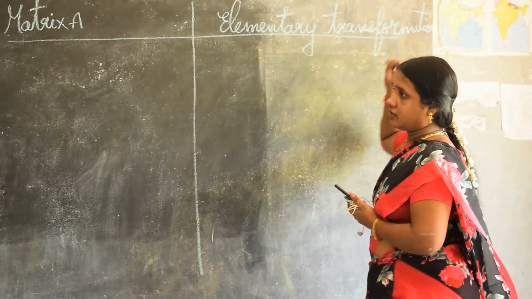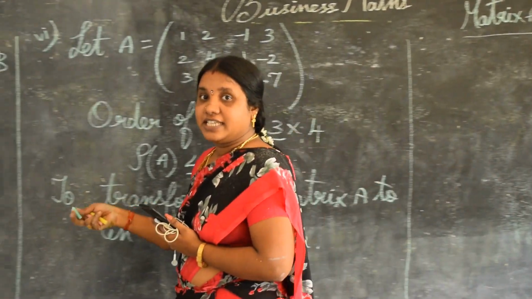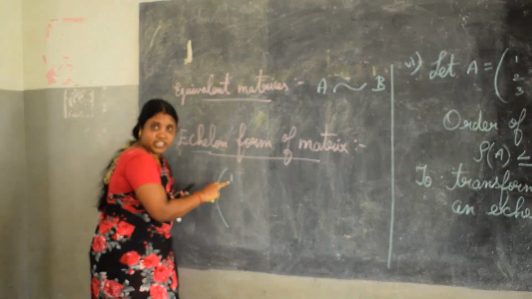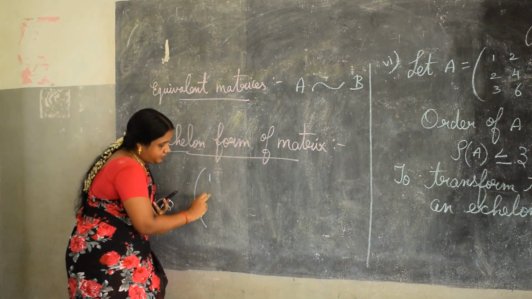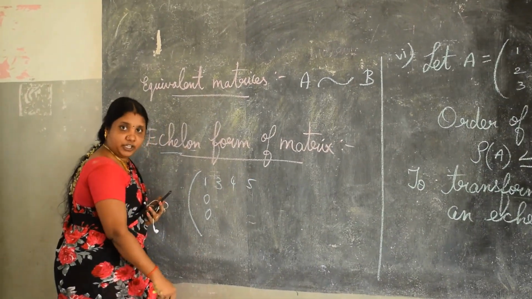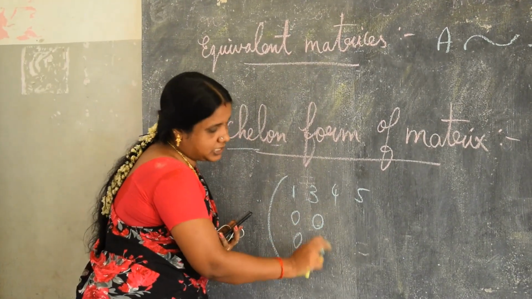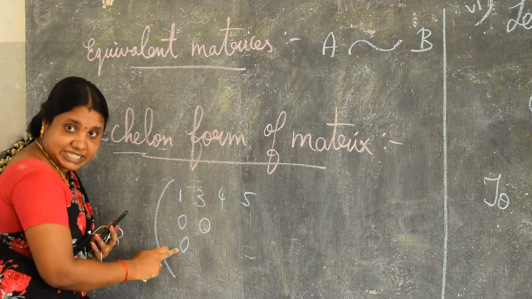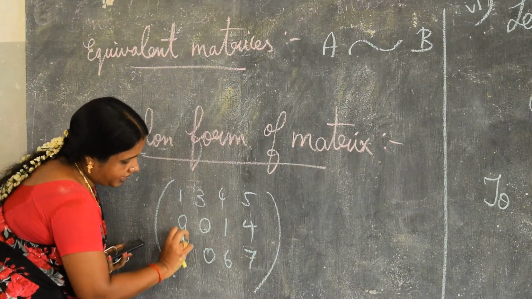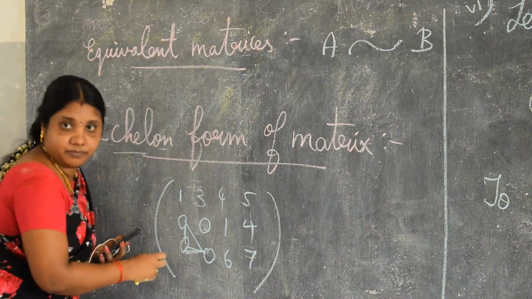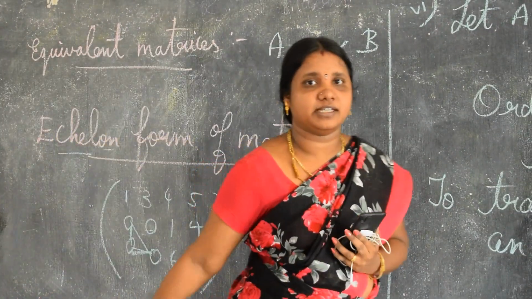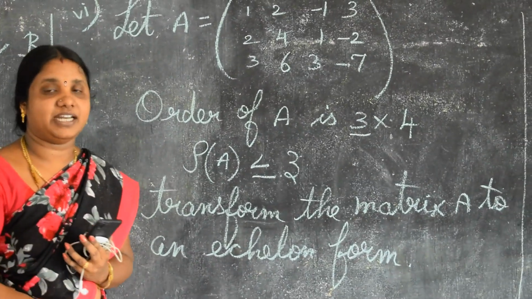Now, see one thing I want to say. In echelon form, our matrix should have only 1 here, not any other number. Then below that, in the rows you have to get zeros. Here you can get any number, 3, 4, 5, anything. Here also 2, you can get 0 also. But below this one, always you have to get zeros. Then you can write any number, 3, 4, 5, 6. Then this triangle shape has to come below this one. This is the echelon form of a matrix. So I am going to solve this problem using this echelon form with the help of elementary transformation.